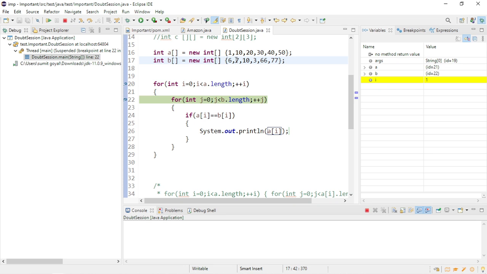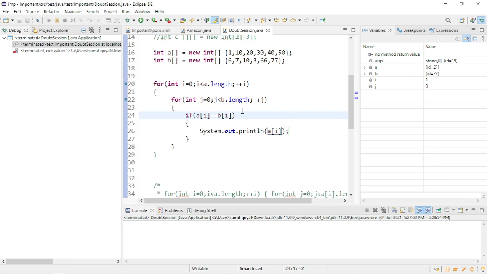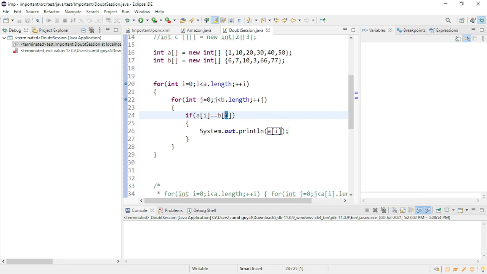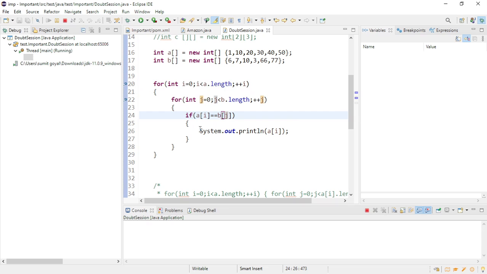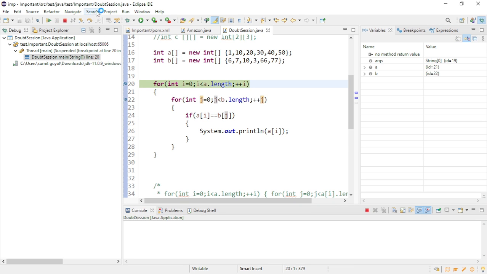So if 10 and 6 are equal for the first time, so if you see this, it should be j here, not this one. Let me run it again, I made a mistake. Let me quickly execute it. It will not print anything for the first time when the i value is 0.